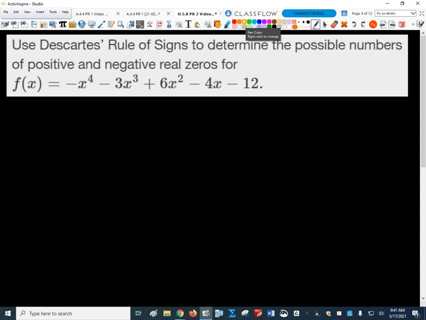What's the possible number of positive real zeros? Could be 2 or 0, right? Everybody see that? Because I've got 2 sign changes. There's a sign change, and there's a sign change. So the answer is 2 or 0